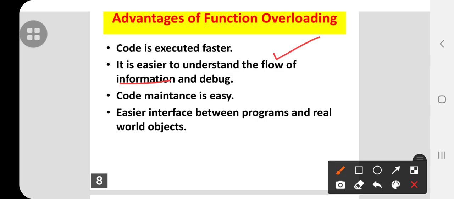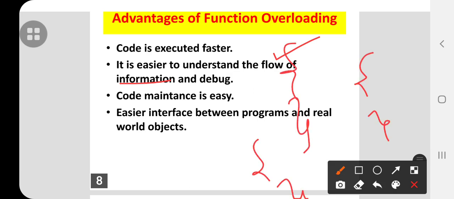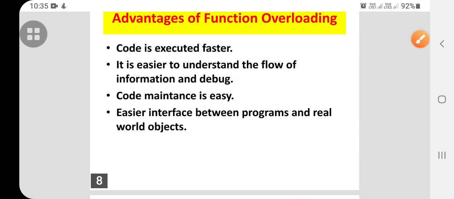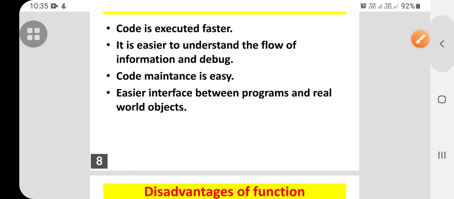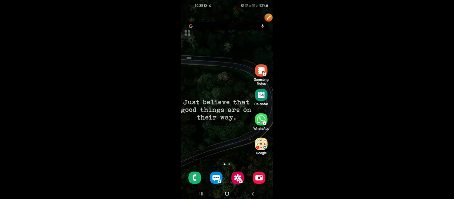The information can be understood easily because it is written in curly braces, so it is easier to access and easier to find errors. Debug means finding errors. Bug means error, and debug means you are removing that error. And then code maintenance is very easy. Is it right? And there is an easier interface between programs and real objects.